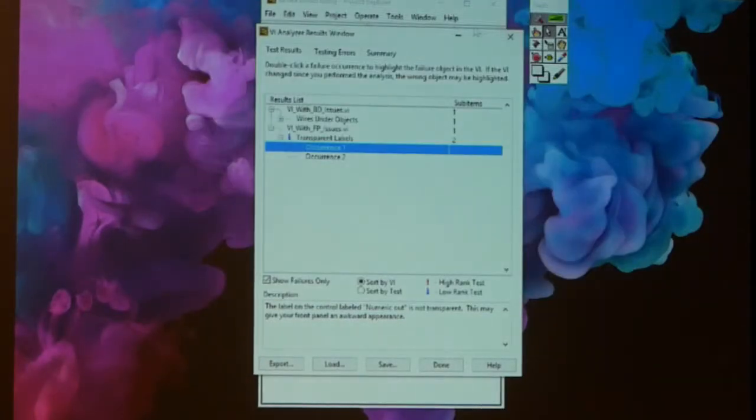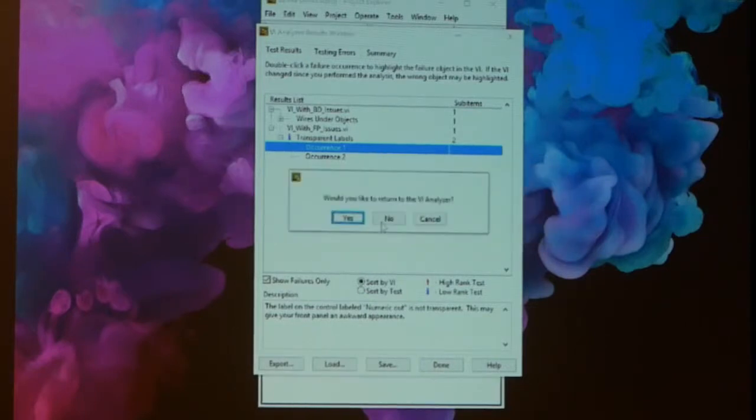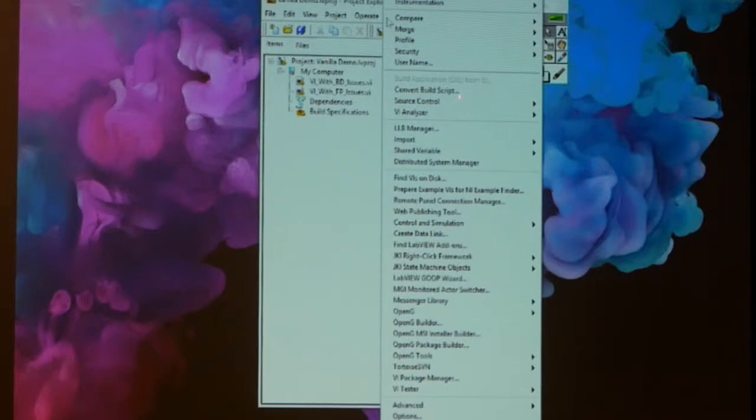So there's my non-transparent label test. It failed, and it asked me, do you want to see the result? Do I want to return to the VI Analyzer? No. Go back to my project, and now I can go into VI Analyzer,